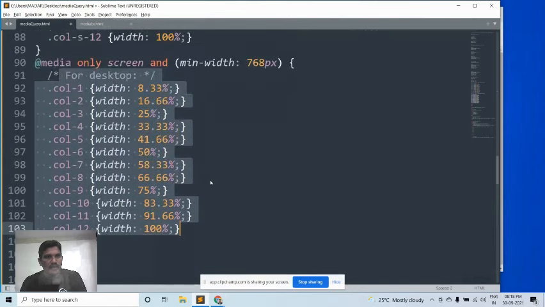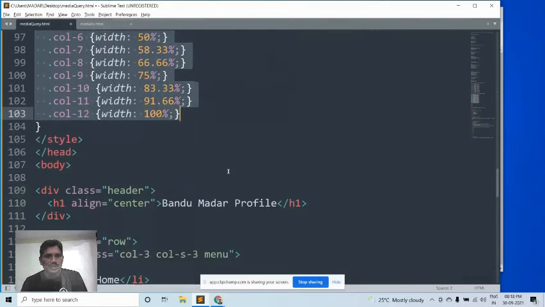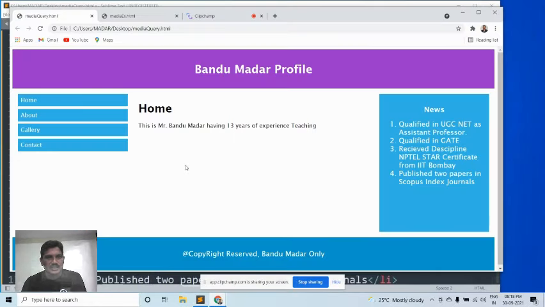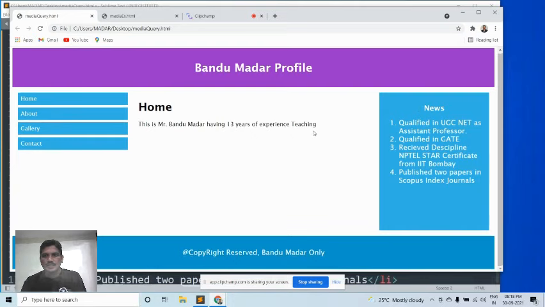Whenever a web page has been designed using media queries, it will work for any type of device, either desktop or mobile. Most of the students or faculty will use either mobile or desktop. This page has been designed for desktop, mobile and tablet also. Please check it once. Here we can design any type of web page using media queries.